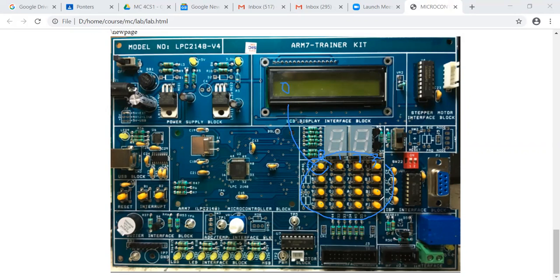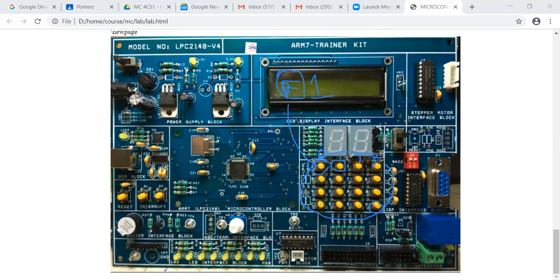And if you press the last switch here, it should display F there. And if you press this switch 1, it should display 1. Of course, all of these numbers are displayed in the beginning of the line in the LCD.